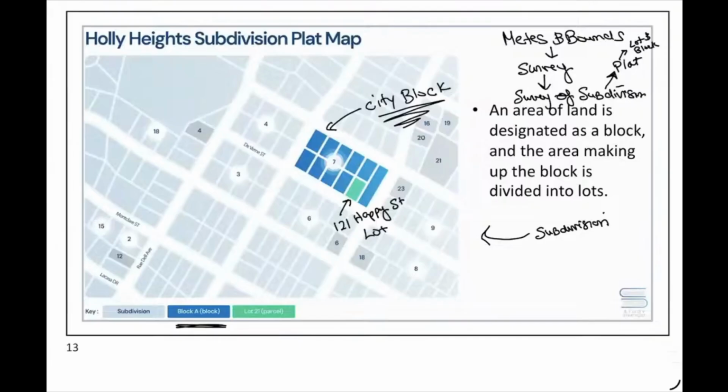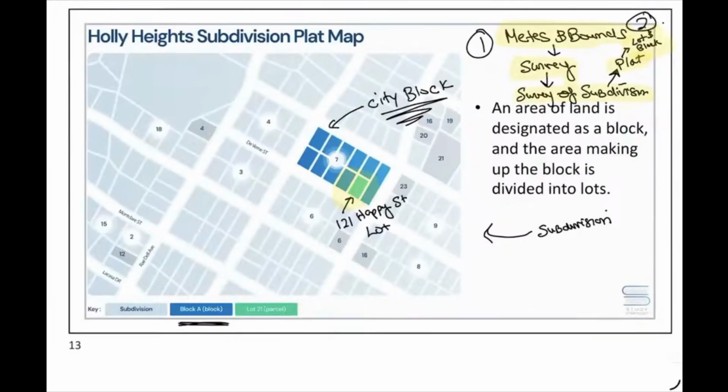I know that's kind of small, but hopefully you can follow this here. Metes and bounds is the perimeter of the property. You have an official survey of just that one property. And if you have a survey of an entire subdivision, that's what we call a plat. And on that plat, you can find individual lots that can be part of a block, which we can refer to in a previously recorded document. So we got one way we could just do a plain metes and bounds, or two, we could refer to